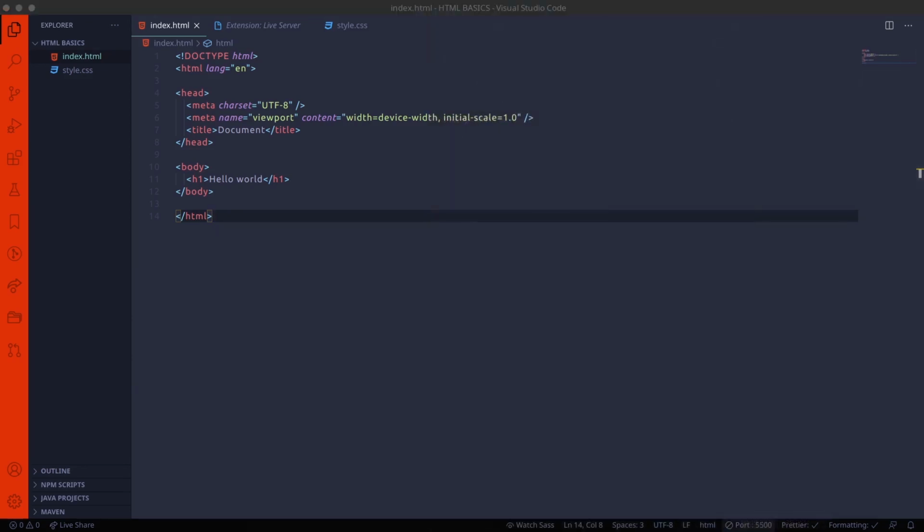By hitting Open with Live Server, here you can see the port 5500, which means the page is now visible on local port 5500. You can see here, our web page Hello World is now live on the local port. This is the local port address. In this way, Live Server is very helpful. So you can see here, Hello World is visible. So now we'll get into the topic.